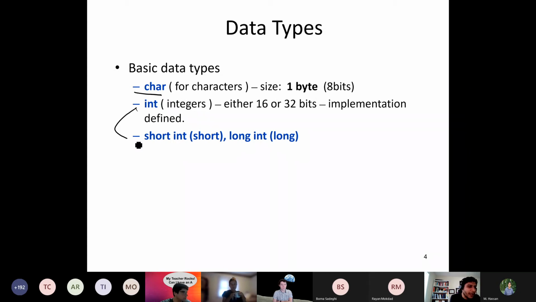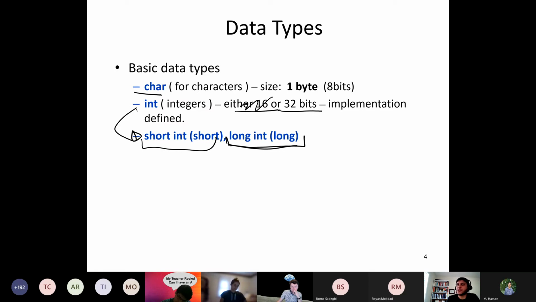And then int also has some kind of subtypes. Generally int takes 16 bits only in very old machines. I don't think any of your machines right now will define an int as 16 bits. This was something a while ago. Usually it's 4 bytes or 32 bits. But then short int takes a smaller number of bytes, usually 16 bits instead of 32. And then long int takes more than 32 bits, it takes 64 bits. So int has some other kind of identifiers that can modify how much memory you can store.